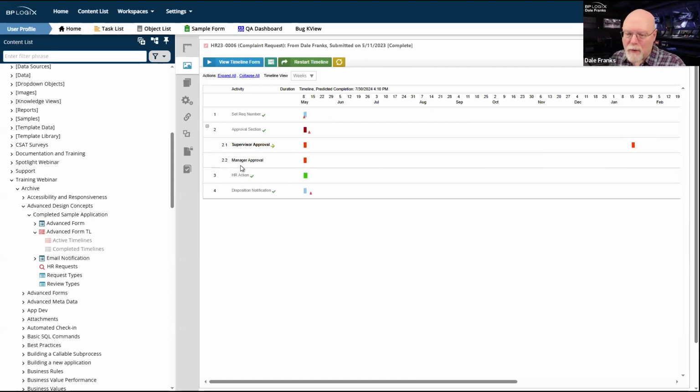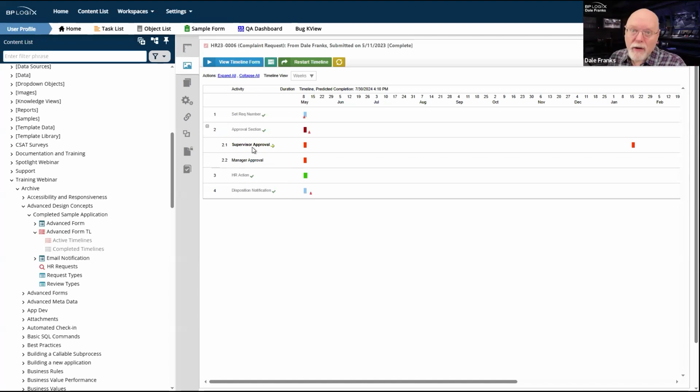Once the supervisor gets done, manager approval is going to be the next task. Notice manager approval is now teed up as the next task. The check mark is gone on manager approval. It's not grayed out. This is my successor activity. This activity is going to run when supervisor approval completes.